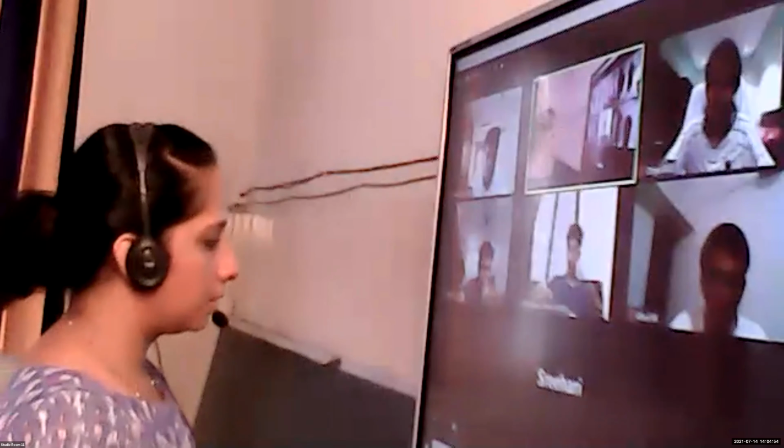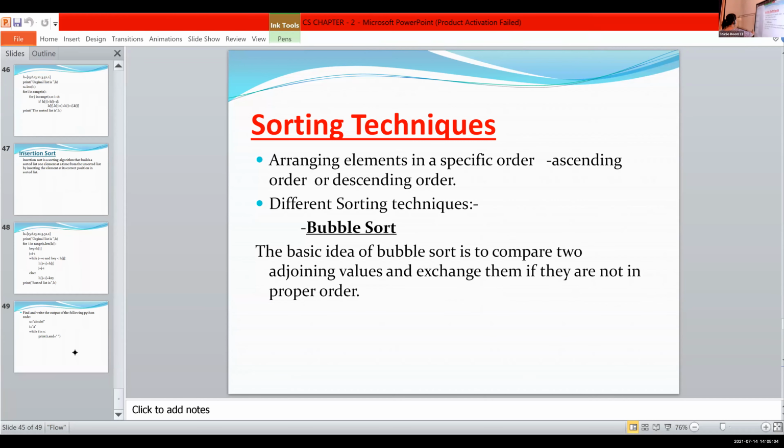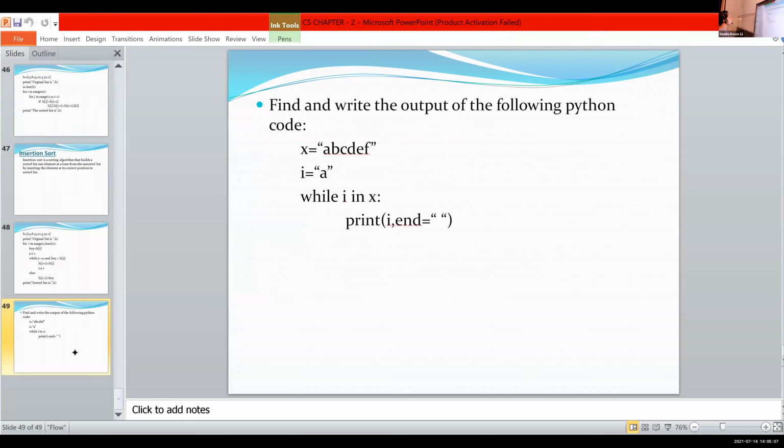So next it is sorting techniques. Write one more question. Find and write the output of the following Python code.